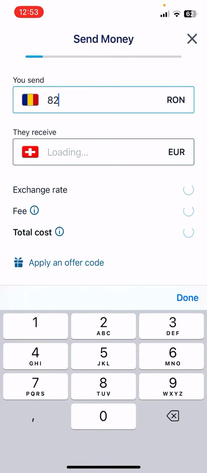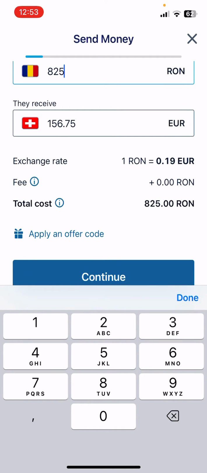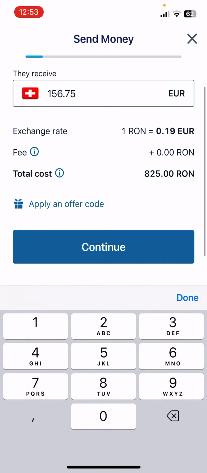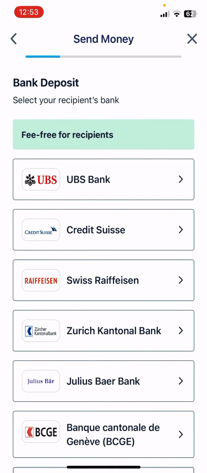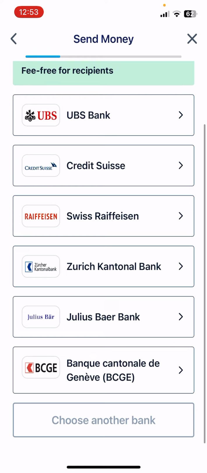And after that, you have to type in the amount of money that you would like to send. On the top, you're going to see your local currency, and below that, the same amount in the recipient country's currency, in Switzerland in our case. Then tap on continue. And when you tap continue, you can see some of the most popular banks that are